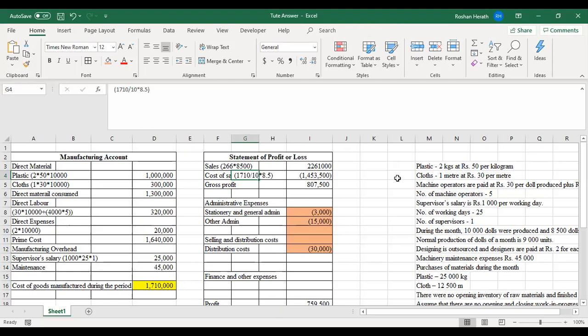Supervision cost and machine maintenance cost do not change. Does that mean we can use the normal production units to calculate the manufacturing account? No son, we use normal production for the purpose of determination of the sales price, right? So the manufacturing cost, the production cost, we